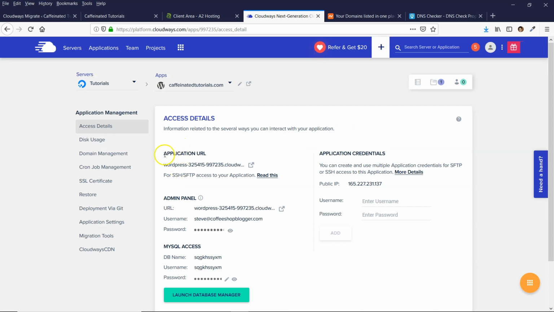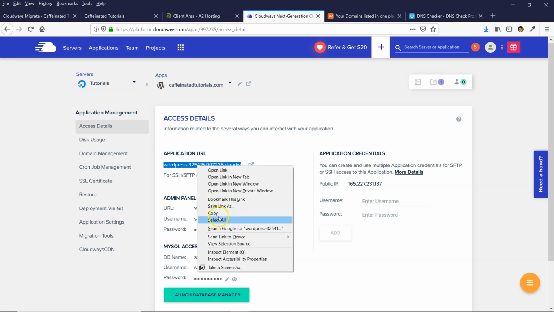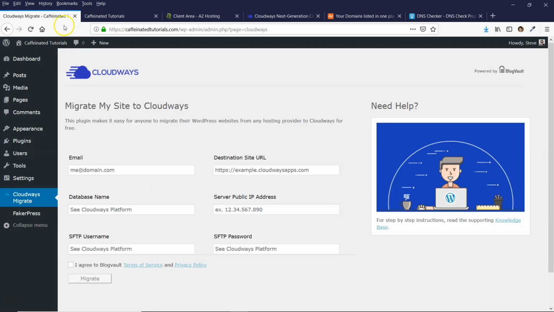And then what you need to do is copy this application URL. So you can triple click that, and you need to paste that into here. And it looks like it says WordPress and then there's a bunch of numbers .cloudwaysapps.com,